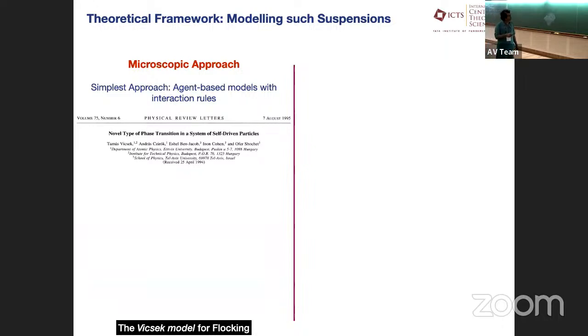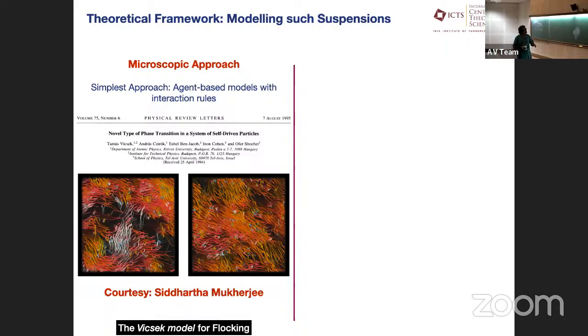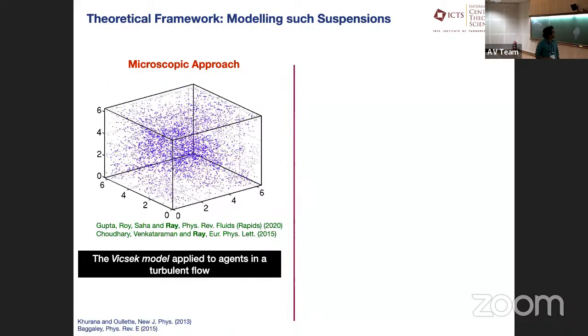And so this work, of course, goes back to this fundamental paper some 25, nearly 30 years ago by Vicsek and others, who showed that there is a novel type of phase transition in these systems, and essentially just simple agent-based models give rise to an emergent collective dynamics, which is quite interesting.